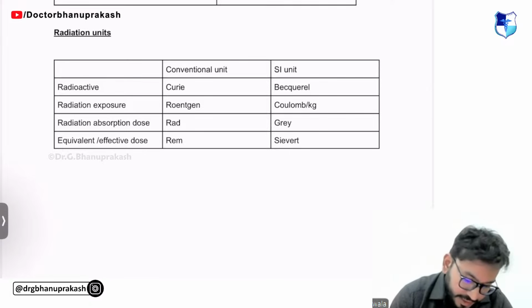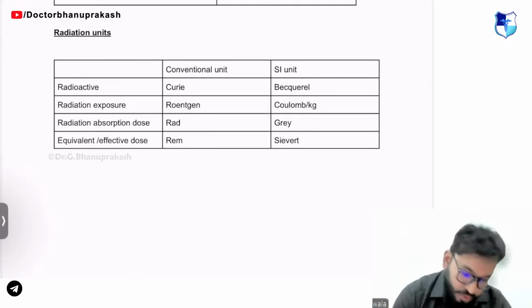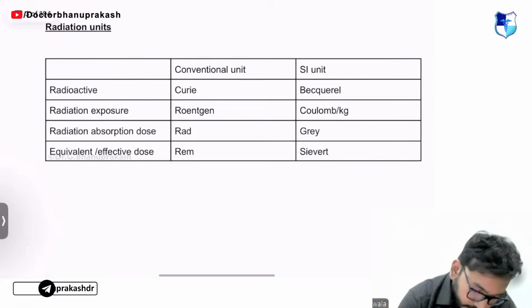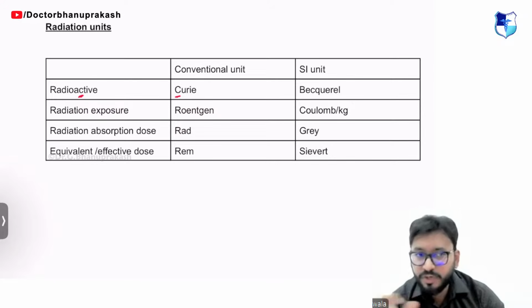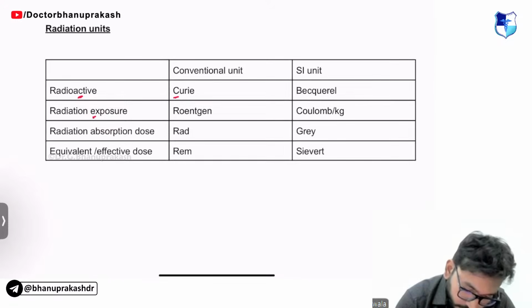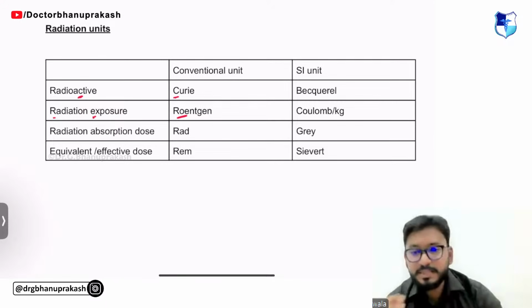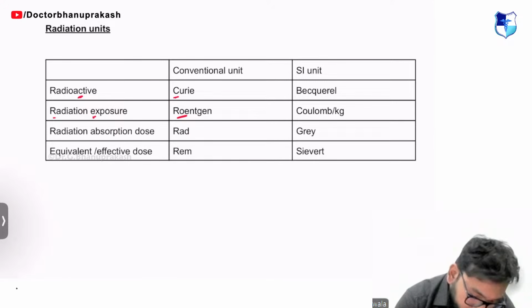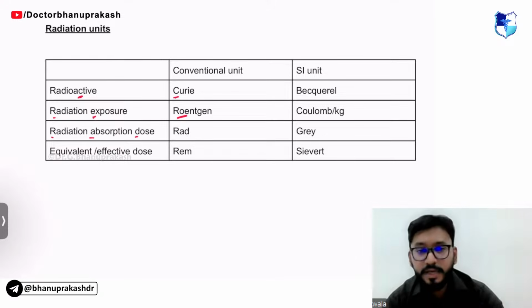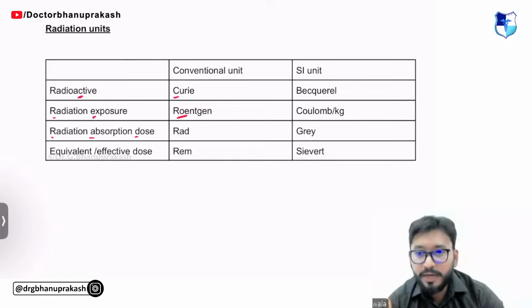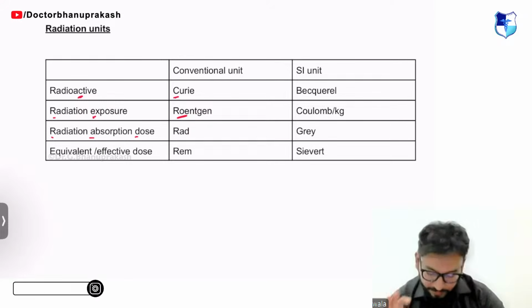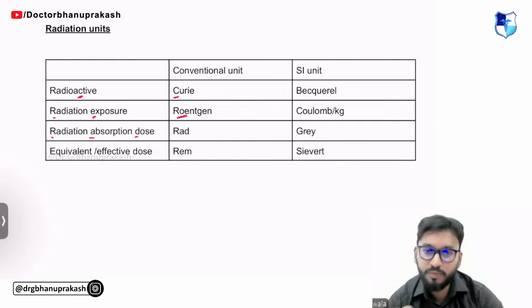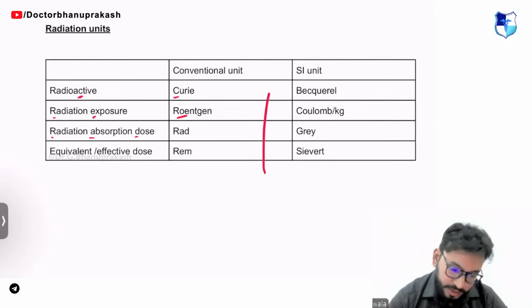Right. So first, let's start with radioactivity, guys. The conventional unit is Curie. The way I used to remember this is that there is a C here and Curie. Radioactivity conventional unit is Curie, and exposure, there is an E here, and Röntgen, R and E. Röntgen is for radiation exposure. Radiation absorption dose is very simple, guys: RAD. The mnemonic itself is there, RAD. And equivalent dose, the SI unit must be remembered, that is Sievert, because we take up everything in Sievert. Millisieverts or Sievert, this is what we use to express the equivalent or effective dose, right, guys?